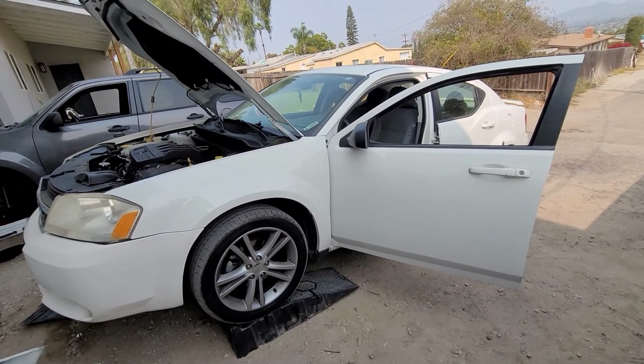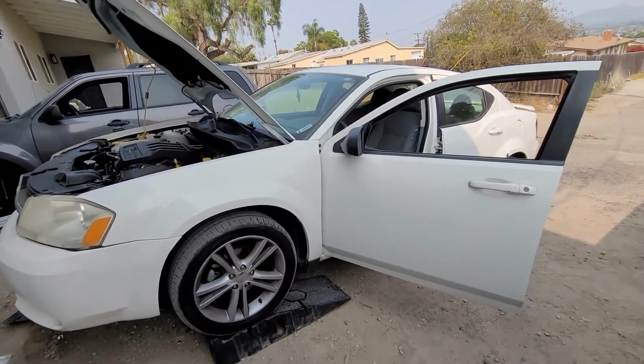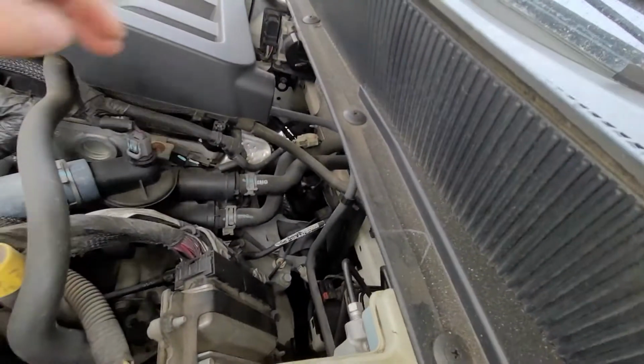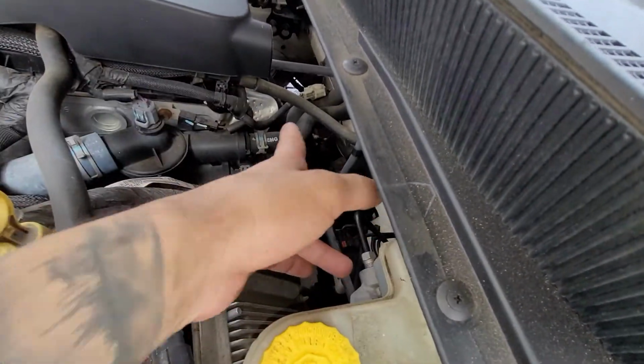Getting a P0339, crank position sensor intermittent. So the customer thinks it's a sensor, but he can't get to it. Well, anyways, there's one bolt up here, and then there's another bolt that we're going to have to